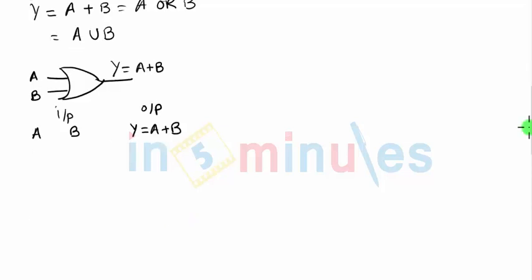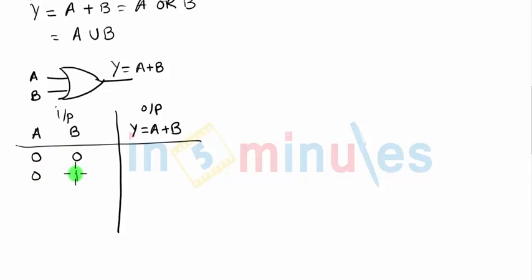So since there are two inputs, there will be 4 combinations. See, first of all I am going to keep A constant and I am going to vary B. So A, since A is the only bit, it can take only two values, 0 and 1. So first I will take A is equal to 0. So with A 0, B changes its value from 0 to 1. Just like when A is 0, B is also 0, and again when A is 0, B is 1. With this kind of thing we can conclude all the combinations between A and B.